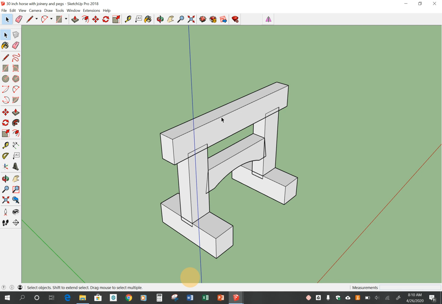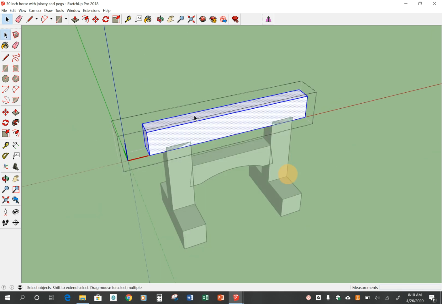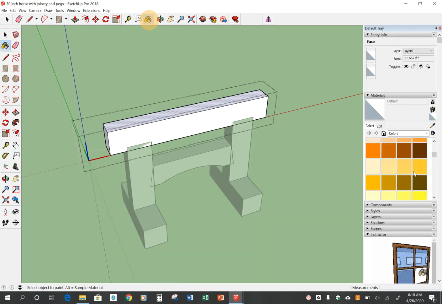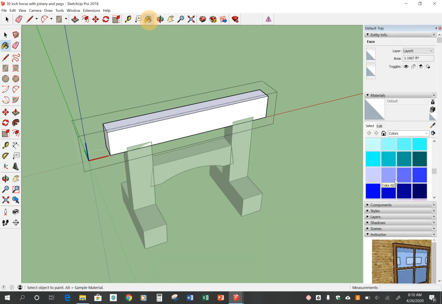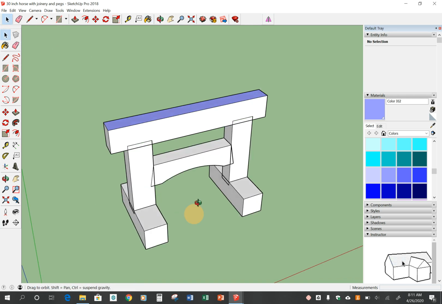I'm going to triple click the top plate. And then I'm going to click on the top face once, and you'll see now I've highlighted just that face. I'm going to go up to my paint bucket tool. It gives me lots of options. I'm just going to go with this color blue right here, and then I'm going to hover over that face and click once. Now I'm going to take my select tool and click,